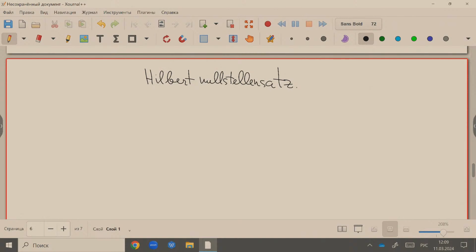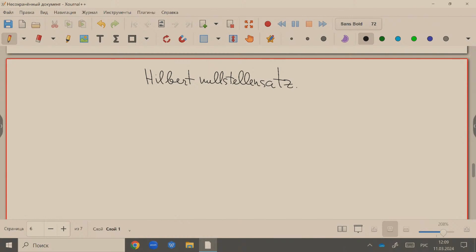So let us speak about the Hilbert Nullstellensatz. From my point of view, it is good to derive it from the Noether normalization lemma. Of course, sometimes there are fast tricks, related with the case of an infinite field. But I prefer this kind of geometric proof that I will be talking about. So this is related with Noether normalization.